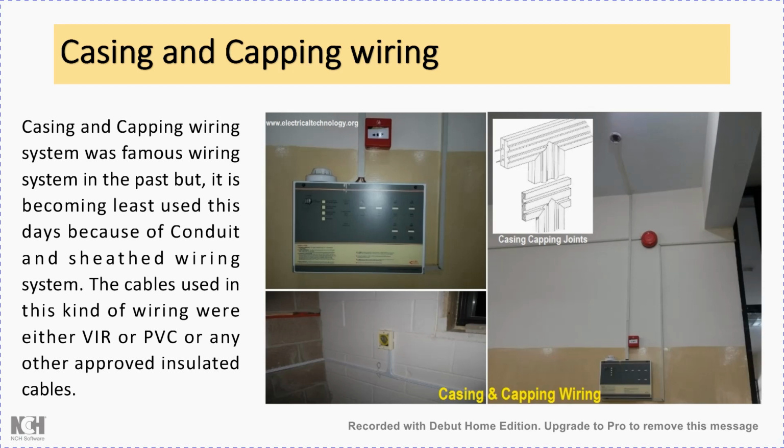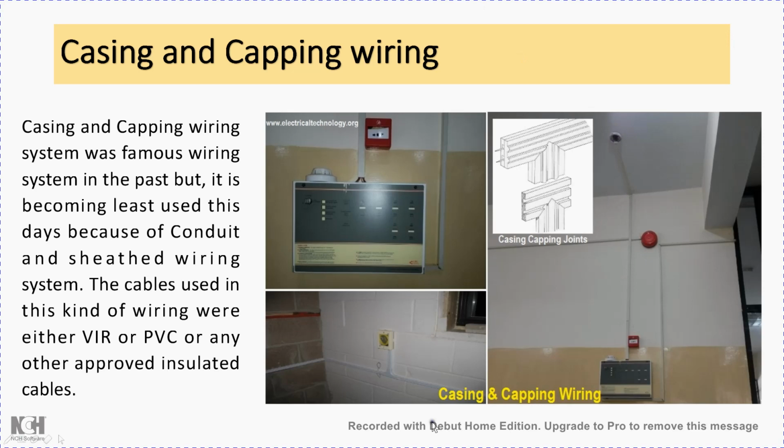In the olden days, casing capping used to be done with the help of teak wood battens, but now that has been replaced completely by PVC casing capping. Pieces of this casing capping are available at a very cheap price, which can be bought and the wiring can be placed directly inside these casings. Here with the help of these pictures you can try to make out how the wiring is done.